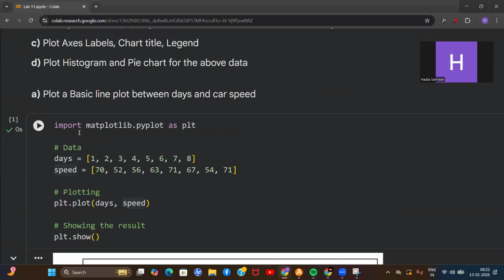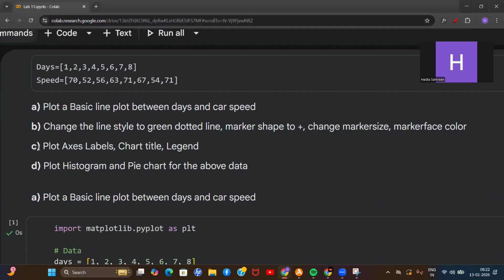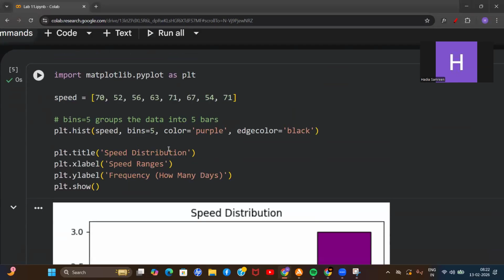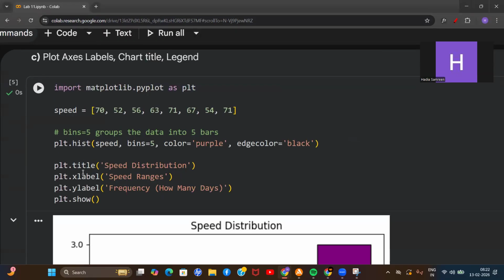You can mix up, like you can club C and D. I'm plotting histogram over here, and I'm adding the labels, title and legend at the same time. Okay. So in this, I'm taking speed. Okay. Then now I'm trying to add the title, X and Y label, as well as